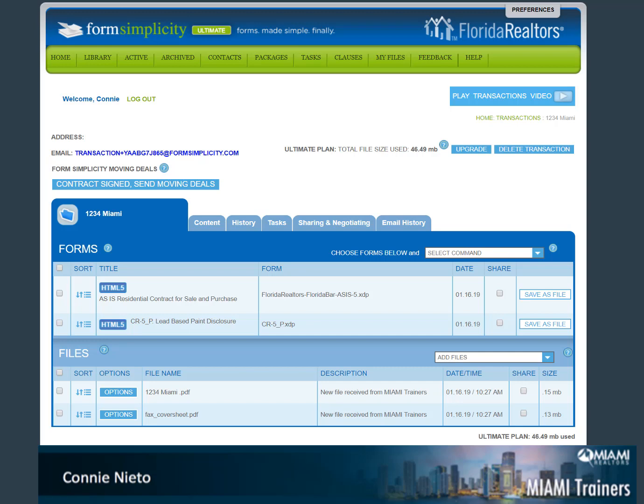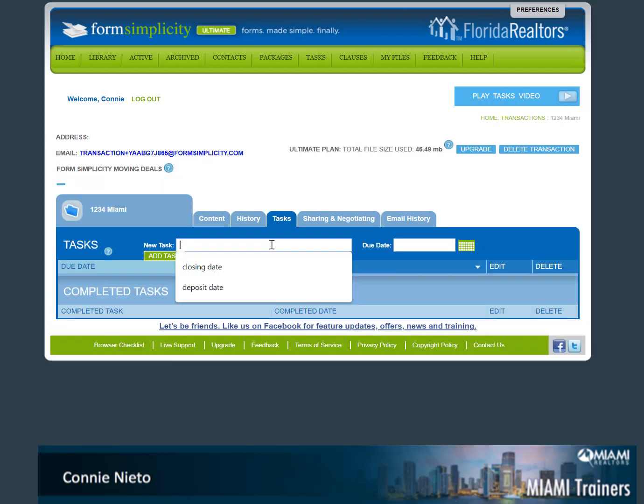When working on a transaction in Form Simplicity, here's a tip. Come to the task area of your transaction and use the new task area for items like deposit date, closing date, renewal date. Type it in,